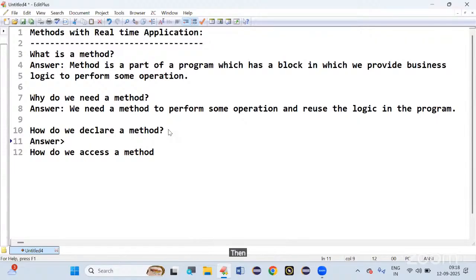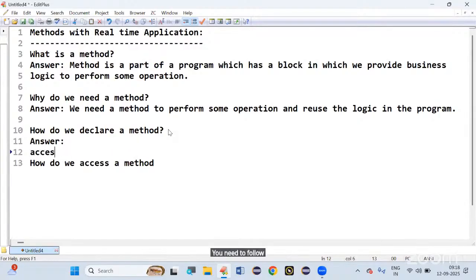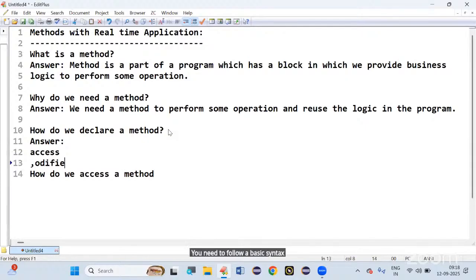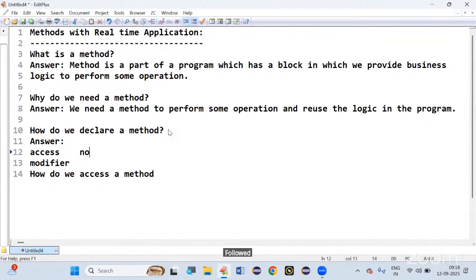Then the next question, how do we declare a method? To declare a method, first of all, if you want to use the method, it must exist in your program. So you need to declare that method first. How will you declare the method? You need to follow a basic syntax where I said there will be the access modifier, followed by something called the non-access modifier,